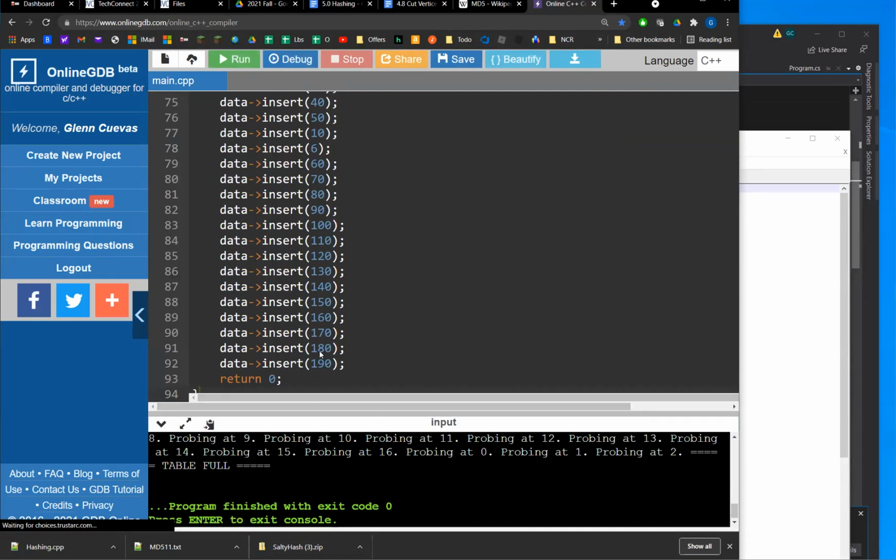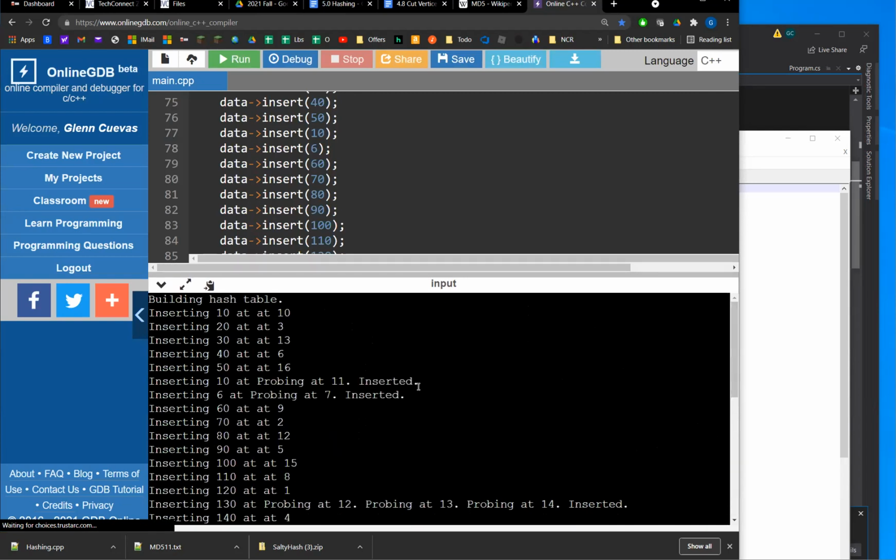Seems I could use some white space in here, but that's fine. We'll take a look at the output first. All right, so we're inserting some values at some location in the table. And until we end up with a collision, we'll go ahead and do our collision resolution, right? So now